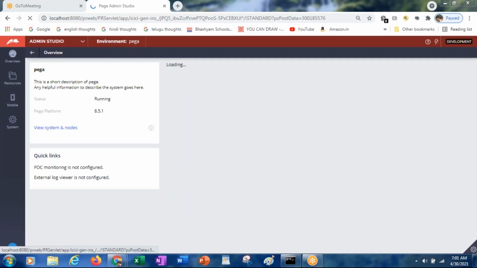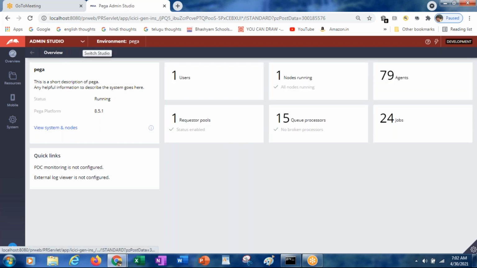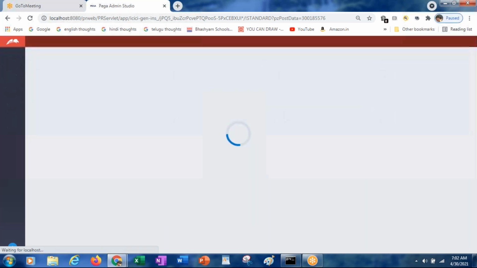So what did we discuss in the last class? Call, branch, and queue. Mainly we discussed with the activity, how to call a child activity from the parent activity by using the call, branch, and queue methods. And also we populated the data into the city dropdown independently, through the report definition, by creating the cities data type.